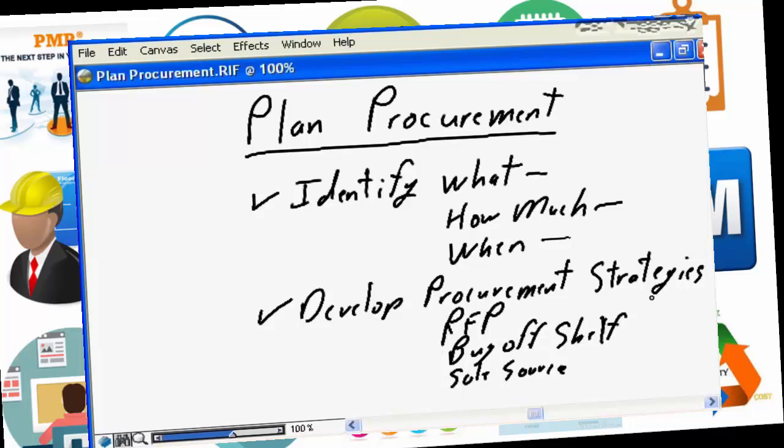Procurement options, procurement strategies, are often as variable as project requirements. Depending on specific project requirements, the what, the how much, the when, and depending on specific organizational standards, procedures, and policies, your procurement strategy will vary. Sometimes it will be a full public RFP, going through the full tendering process, getting multiple responses,